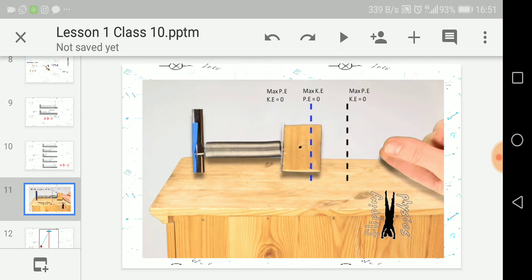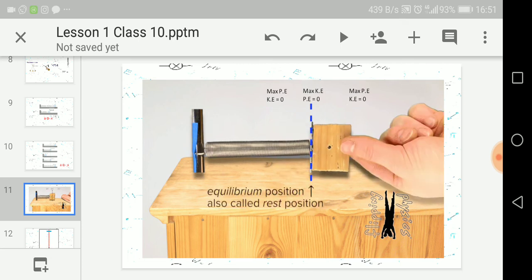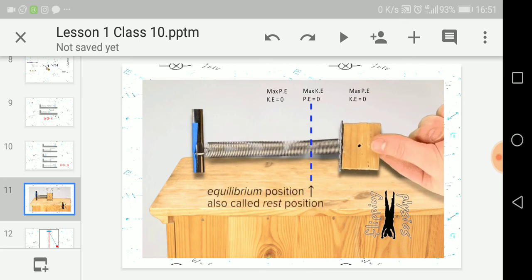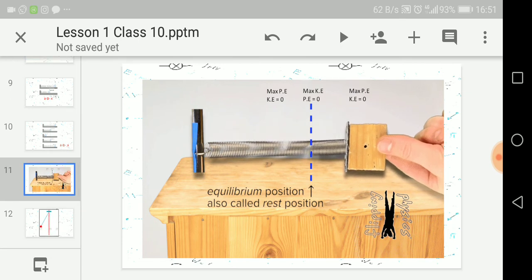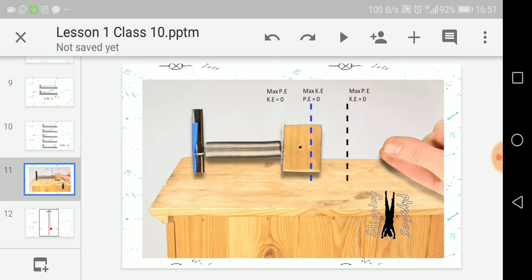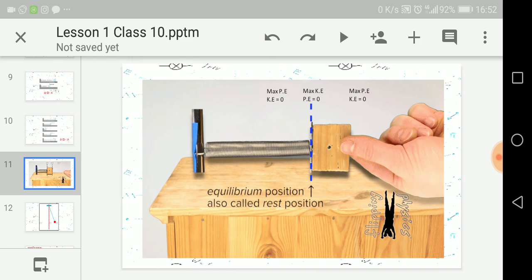And something you have to keep in mind is that at extreme positions the potential energy is always maximum and kinetic energy is zero. Similarly, at the mean position the potential energy is zero and kinetic energy is maximum, and the total energy at all the points will remain the same. But the potential energy in this case is not the potential energy that you studied in class 9. That was mgh, that was gravitational potential energy. Here it is elastic potential energy.